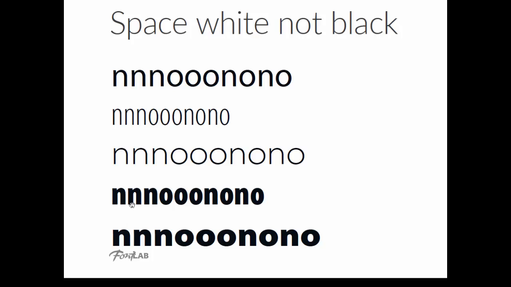So when we look at the bold condensed ends, you'll notice that the white space between the letters has gotten the smallest, and it's actually pretty close to the space inside at this point. In the bolder weights, the difference is less. In the lighter weights, there is some difference, but at the same time, the space between has opened up. So what I'm saying here is that in the boldest weight at the bottom,